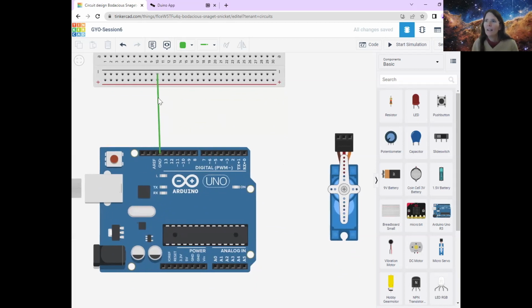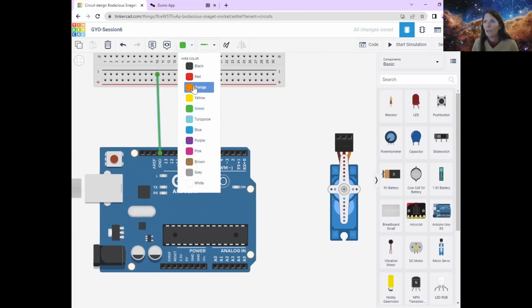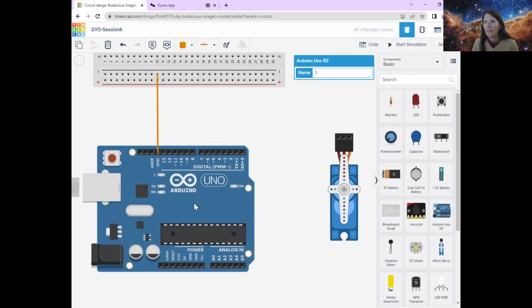Like that. And I'm going to make my wire orange because it's going to ground. And I'm going to move it a tiny bit so it's nice and straight. You don't have to do that. So that's connected to the ground. And then I want to connect power